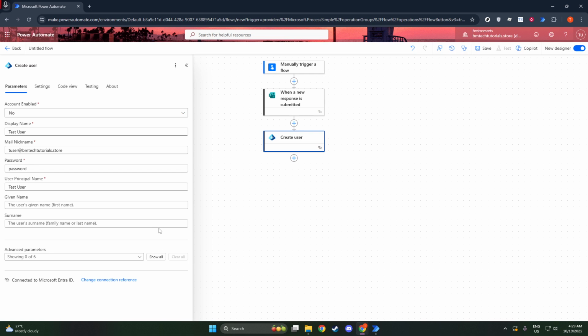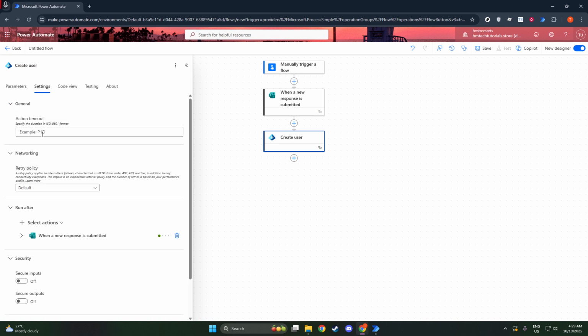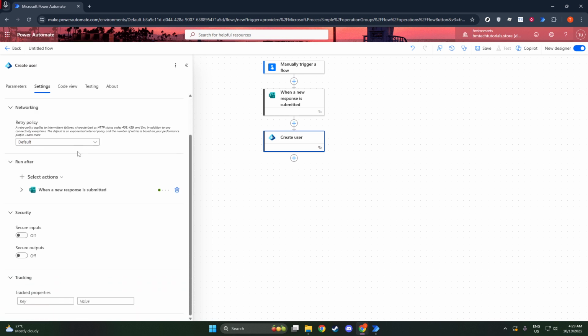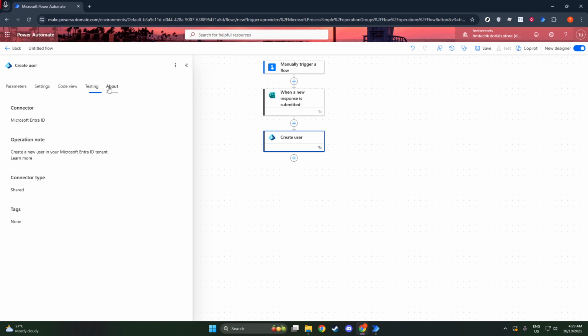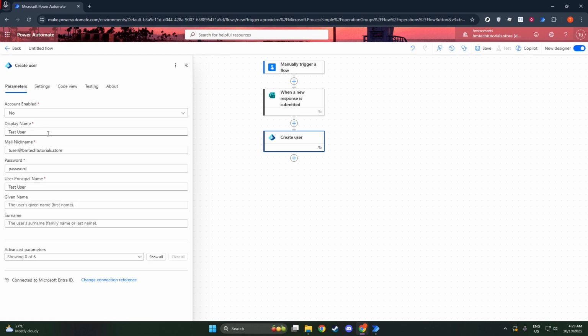And there you have it, an efficient way to create user accounts using Power Automate. Following these steps will help you build a smooth and automated process, saving you time and enhancing productivity within your team. By leveraging these tools, managing user accounts becomes not just an administrative task, but an opportunity to improve your